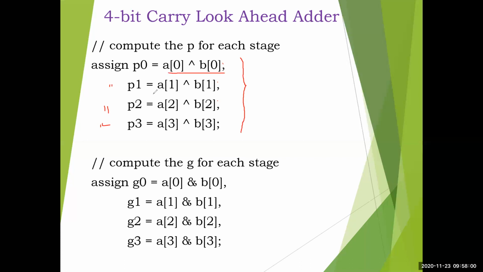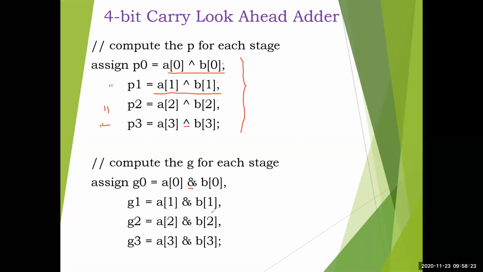Okay, so then a1 xor b1, a2 xor b2, whatever expression you have written, now we have used operators. So the xor operator I have used here, no other changes. What you had as the xor symbol, I have changed to the corresponding Verilog data flow operator. Then the g computation: multiplication is there, g is a and b, so that's why ampersand has come. Comma I have used here.